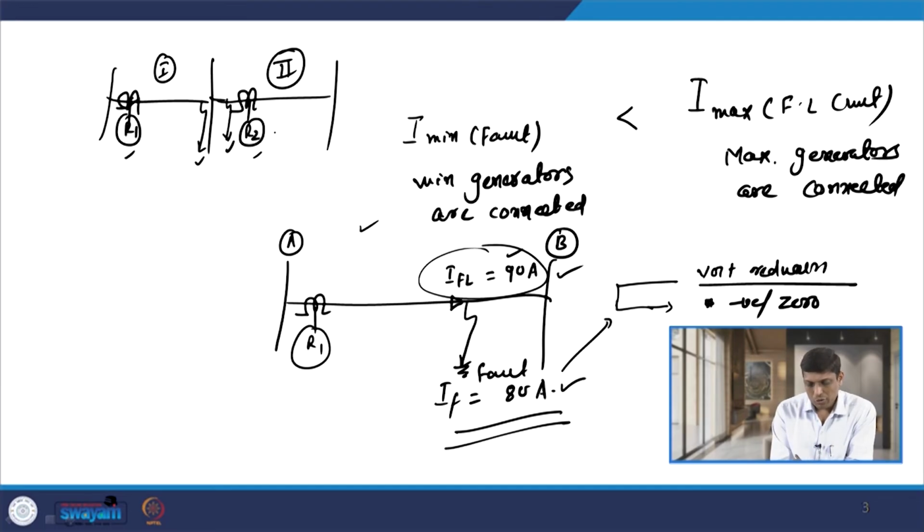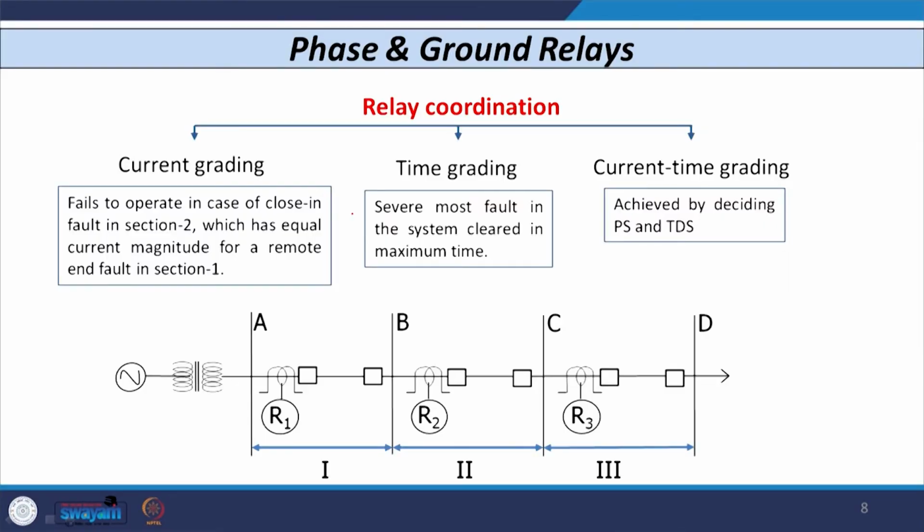If I coordinate these two relays based on the time grading procedure, then for any fault that occurs here, this relay R1 operates very late. So, the most severe fault is cleared after a very long time delay. That is why the time grading method is also not used in actual practice when we carry out coordination of relay with other relays.